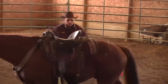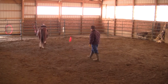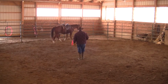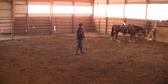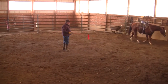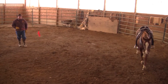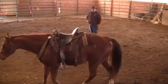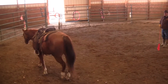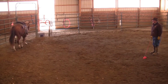So what I do is I start right here like this. And now I've already round penned this horse a lot, so he's very obedient to me in the round pen. And you notice he's not looking around and worried about what everybody else is doing. He's got his eye on me and he's watching me. So when I hold my stick at certain levels, I've already established with him that certain things mean stop,